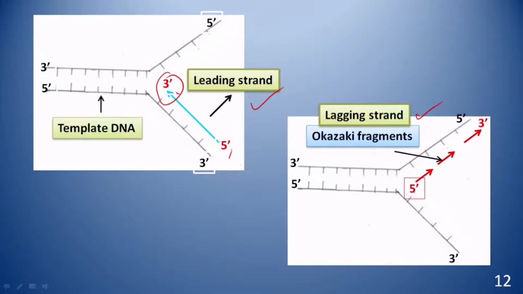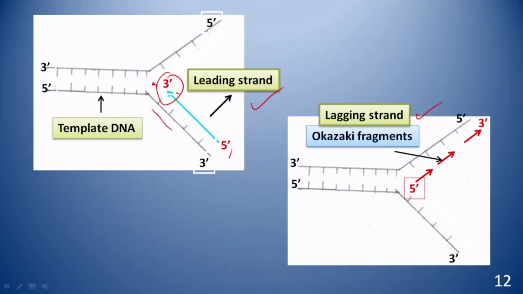So the leading strand is actually the first strand, and this parent strand runs in the 3 prime to 5 prime direction towards the fork. This is your fork. So towards the fork, it is able to replicate continuously. So we can say the leading strand is the 3 prime to 5 prime direction template, which is the same as the replication fork direction, from 3 prime to 5 prime.